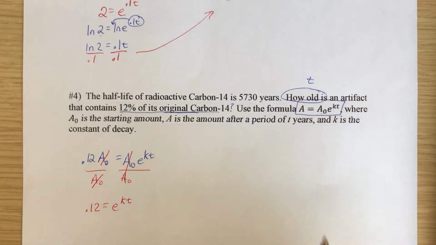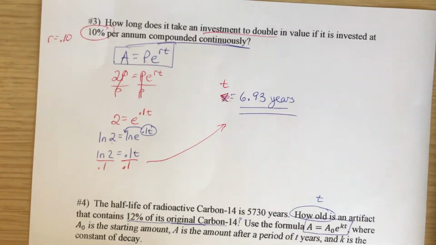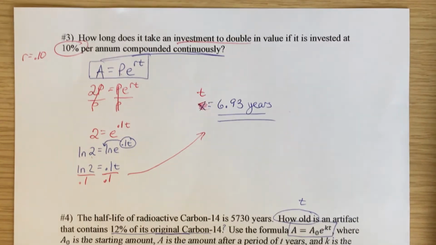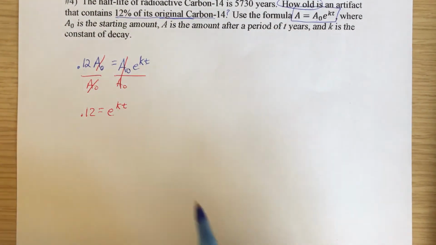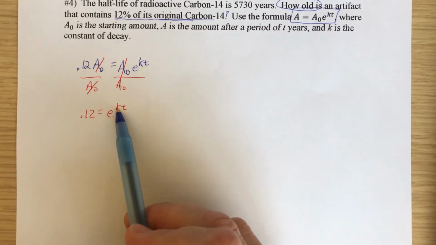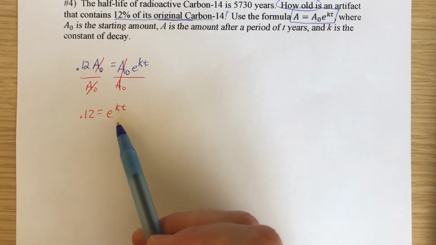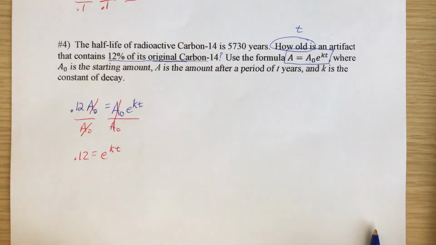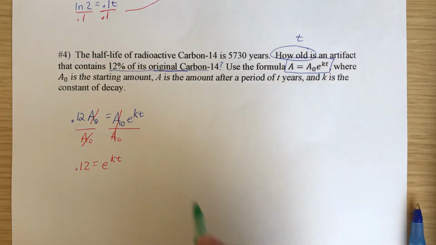We've got a problem, and the problem is we don't know this constant of decay. They don't tell it to us like they told us the 10% interest rate. So before we can figure out the time, we need to figure out the constant of decay. Now, fortunately, they actually give us enough information to do this, because they tell us in the first sentence that